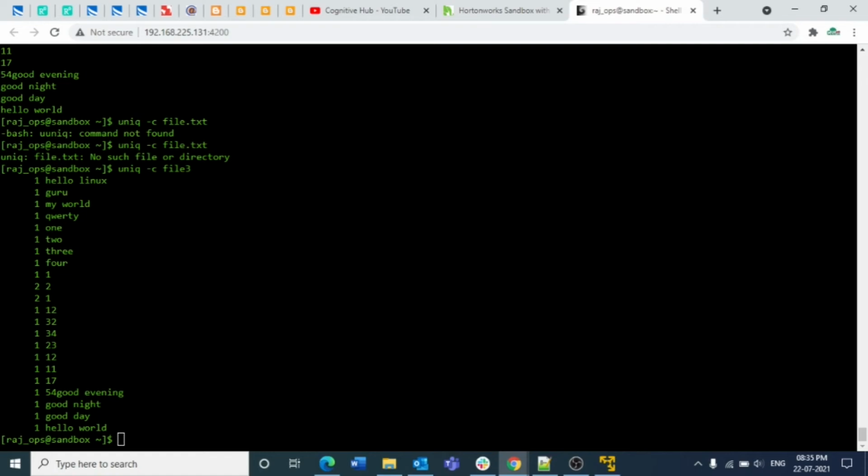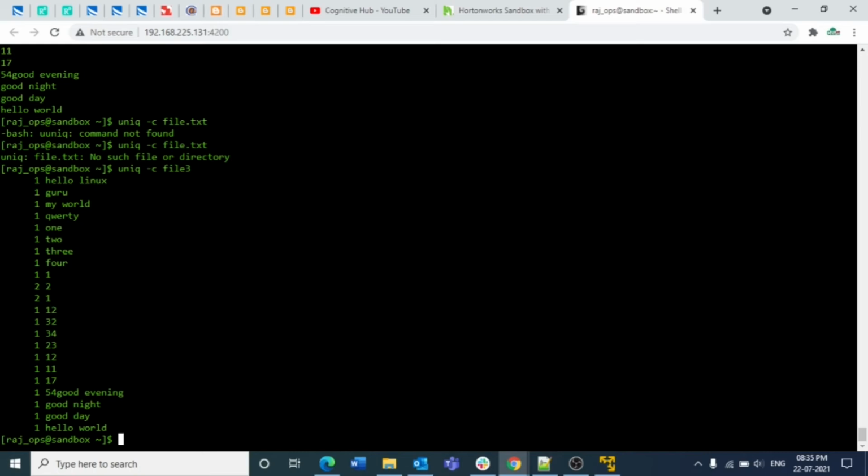I think this is not the same single one, we have some space or something here. That is the reason why it is not able to pick that up and take it as a duplicate. If we have 1 comma space or 1 space, then it won't take it as 1. So that is the reason it is counting only 2 instead of 3. That is the major reason why we are not getting it.